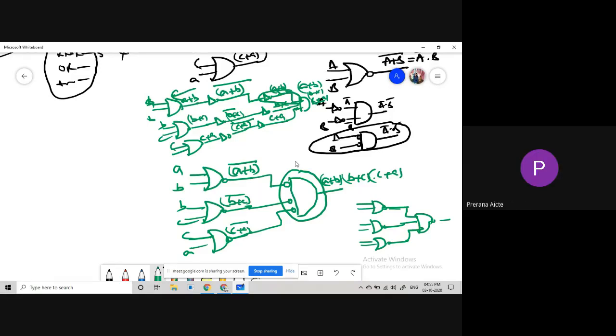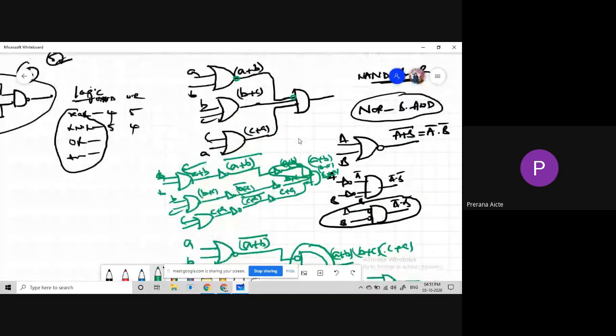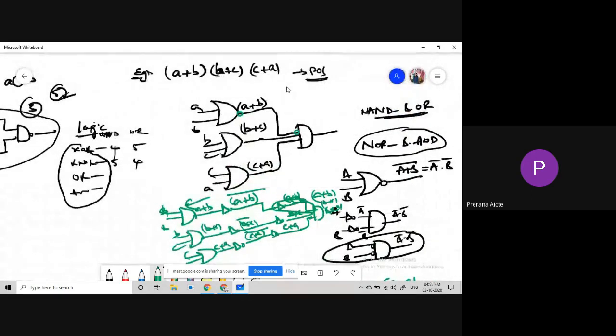Based on the NOR gates only, we said that this number of NOR gates and this number of NAND gates are required. So based on the basic gates, how many basic gates are required for this one? Basic gates in the sense of AND gate. How many AND gates are required for this one? One AND gate is enough, right? Yes, sir. How many OR gates are required for this one? Three. Total basic gates, four.